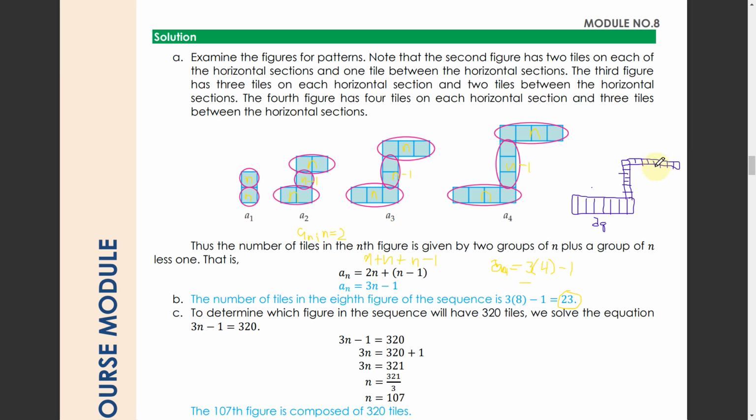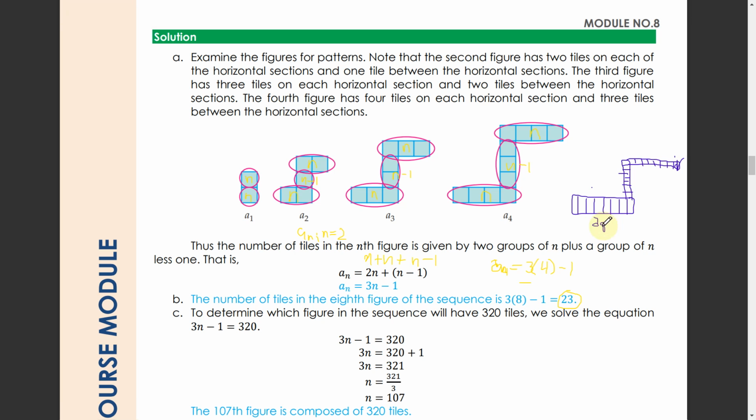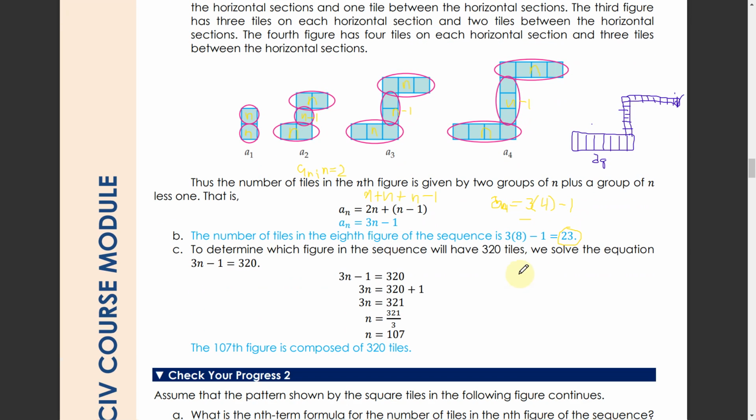Lisod kay drawing. So 1, 2, 3, 4, 5, 6, 7, 8, 9 naman din ni. So something like that, basta kay ana ra siya 8, no? So ingana na din ang ato ang figure ana. So for letter C, ang pangutana is if nada siya 320 ka tiles, unsa na siya ikapila na siya nga